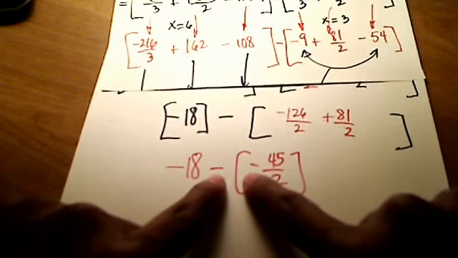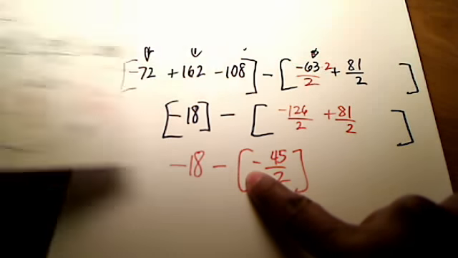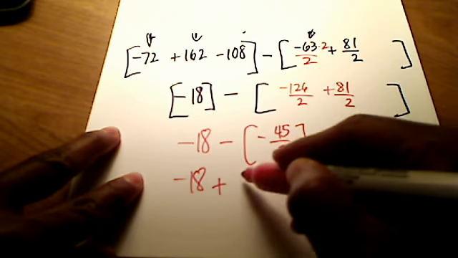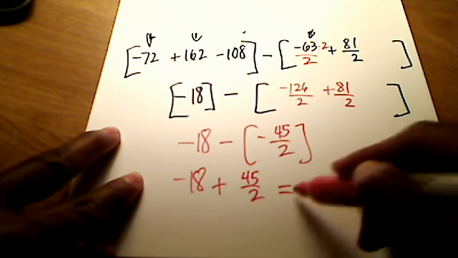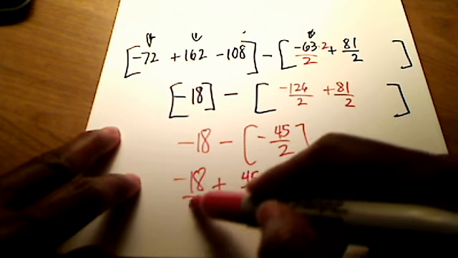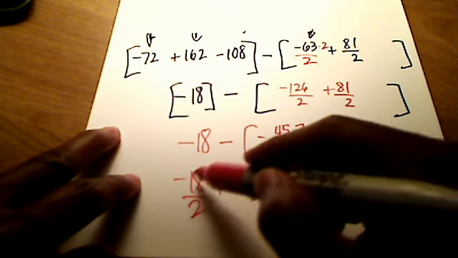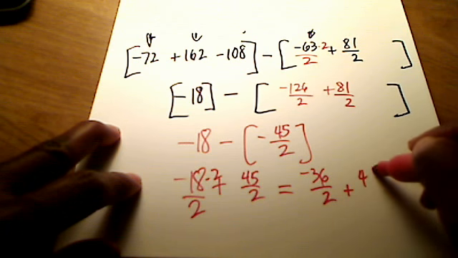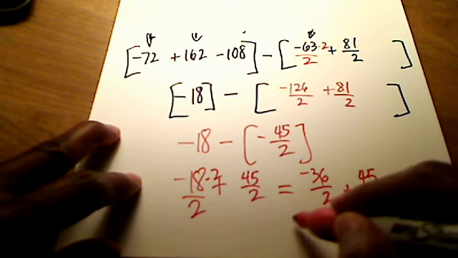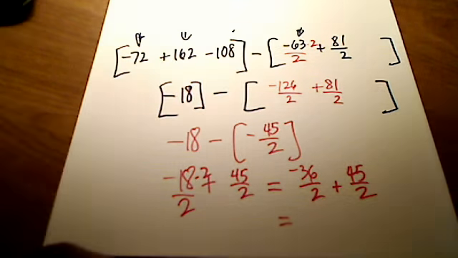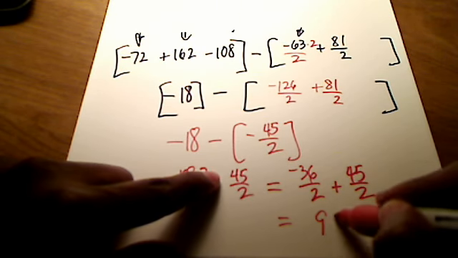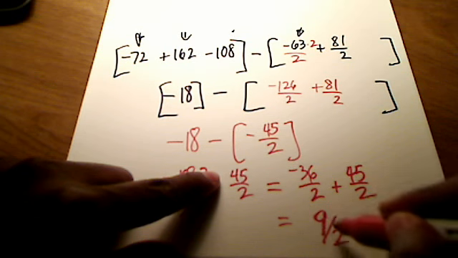Well, minus a negative is really the same thing as plus. Here, we can get rid of this. So I have negative 18 plus 45 over 2. And if you work that out, I need a common denominator of 2. Let's multiply the top by 2. That becomes a 36. So I've got negative 36 over 2 plus 45 over 2. And my new numerator is just simply a 9, right? Negative 36 added to 45 is 9. So my final answer out of all of this is